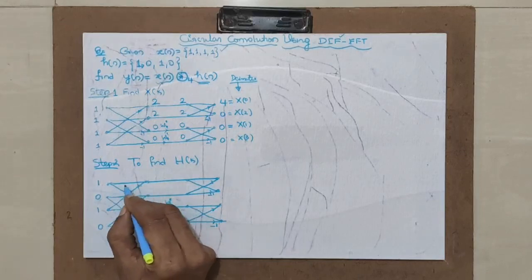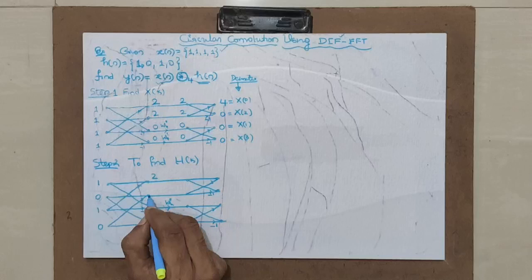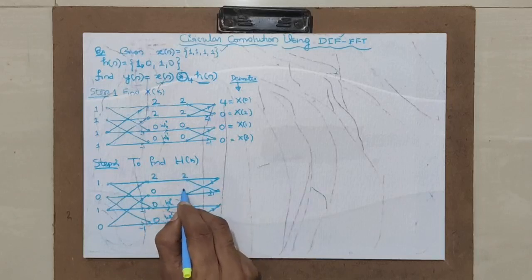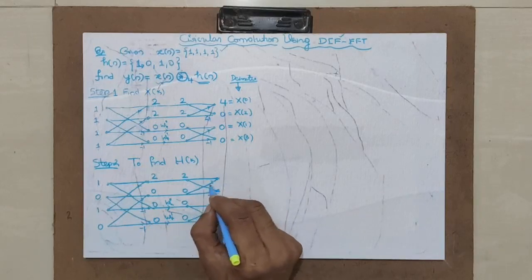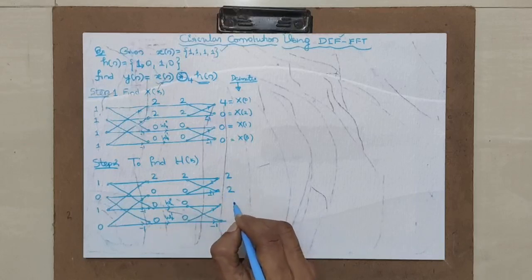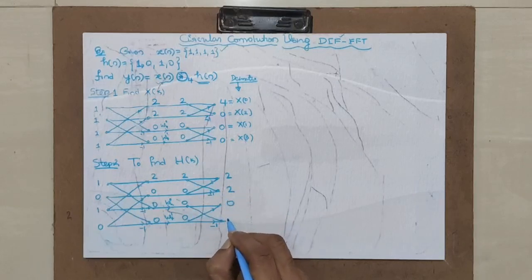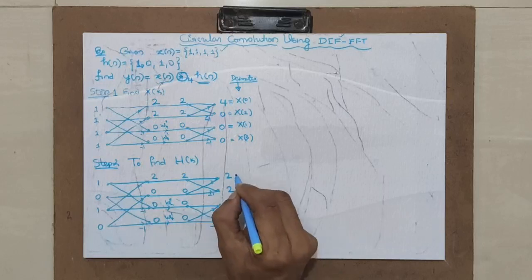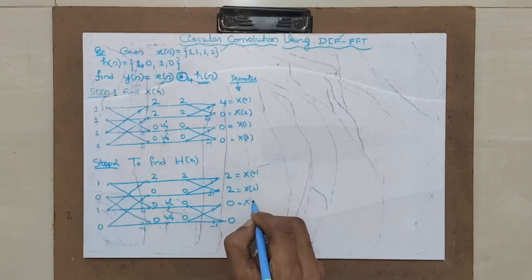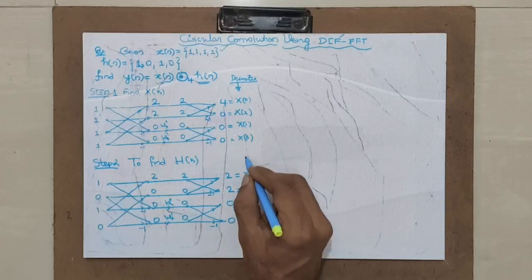Now at this point 1 plus 1, 2. At this point 0 plus 0, 0. Then this point 1 minus 1, 0. This point 0 minus 0, 0. It becomes 2 0 0 0. Now again at the end it is 2 plus 0, 2, 2 minus 0, it is 2, correct? And then anyway here both are 0. Hence this is x naught, this is x2, this is x1, x3 decimated.